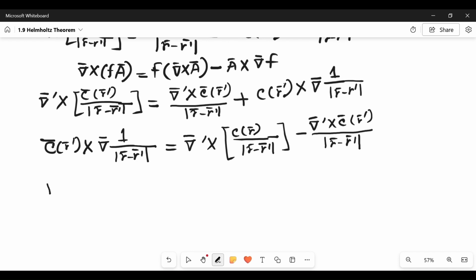Now we can also write that curl in non-primed coordinate of C at r prime over modulus of r minus r prime is equal to curl at non-primed coordinate